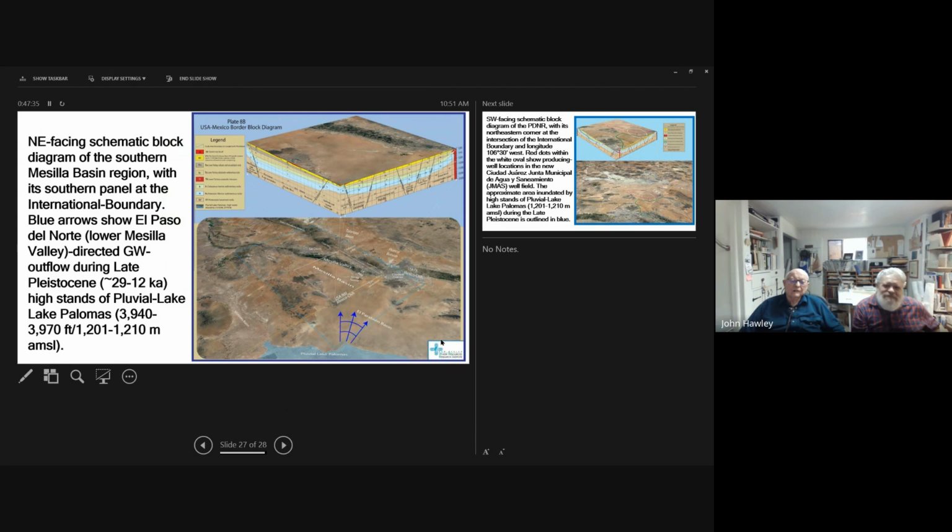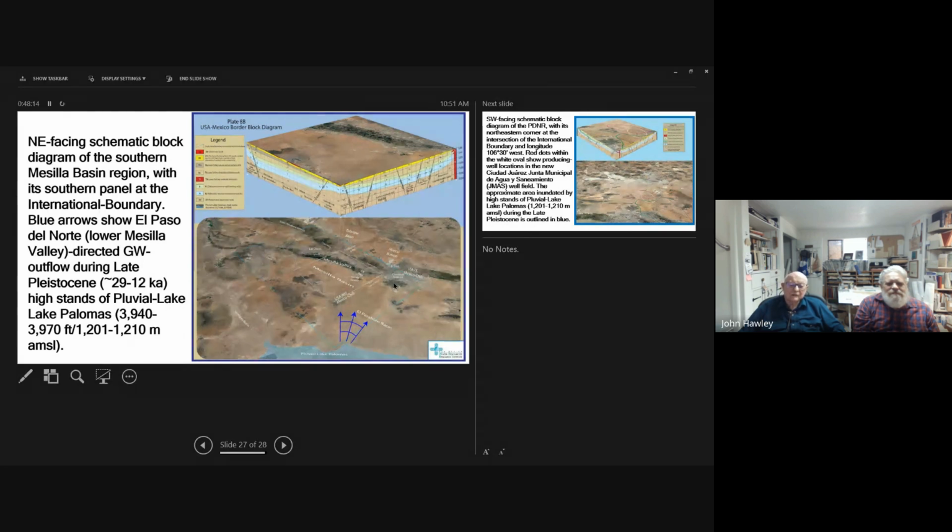At the base of this, we're showing the shoreline of where the high level of pluvial Lake Palomas was when it was standing at 1,200 meters above sea level, and about 100 meters higher than the entrenched valleys of the lower Rio Grande and the Valle de Juárez over here, or the El Paso Valley in Texas over here.